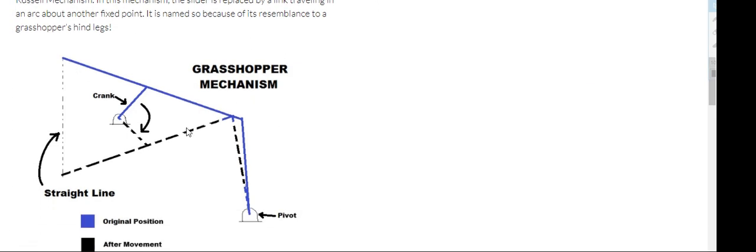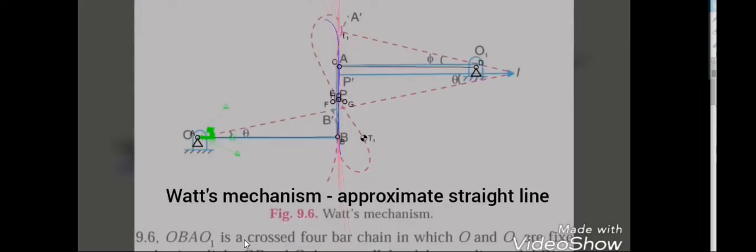It has two limbs at an equal angle like this. This is the original movement, and that is the movement after. That means it moves like this. We'll see the grasshopper mechanism in detail, that will be easier than me explaining. This is the grasshopper mechanism, an easy one. The links move at equal angles, top and below. You see, equal angles above and below that horizontal, and B will produce a straight line. Very simple mechanism.